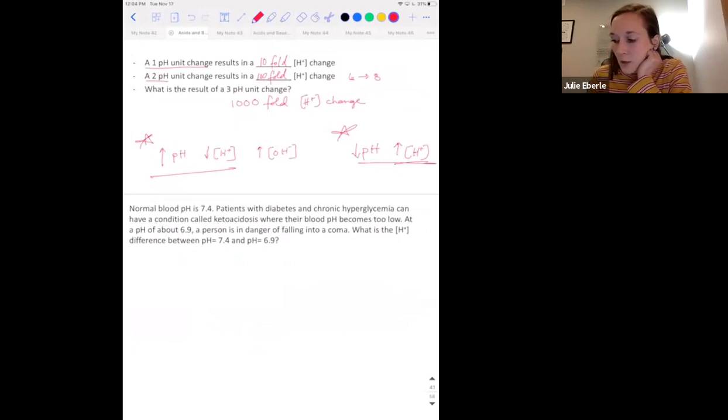I will put this problem on a review because we're pretty much at time and I don't want to hold you guys over. I'm going to put this problem on review for exam 4, and feel free to look at it for yourself. It's a really interesting problem regarding pH of our blood, and you could fall into a condition called